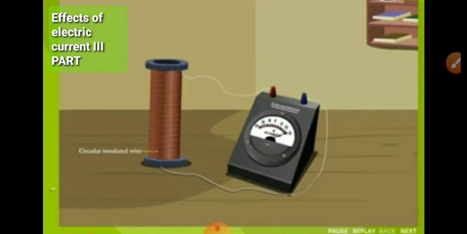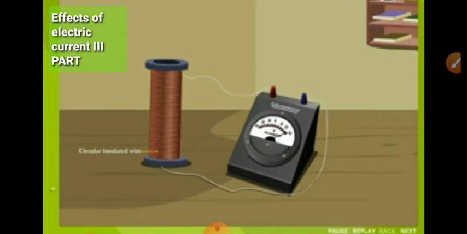Students, today we will continue with the same chapter, that is chapter number 4, Effect of Electric Current. Before starting today's session, let us recall what we have studied or discussed in our previous lecture. In our previous lecture, we discussed